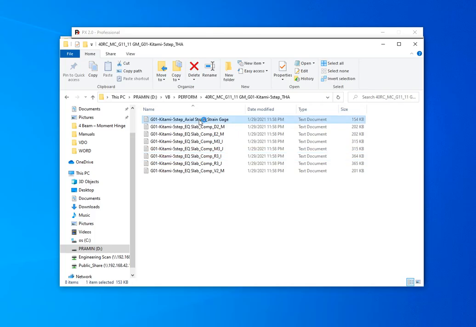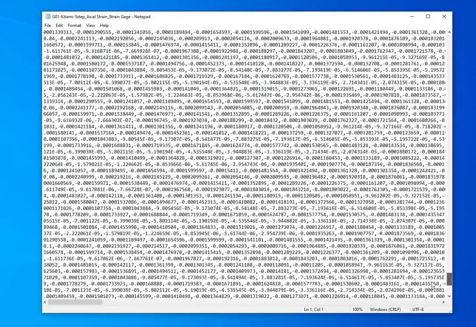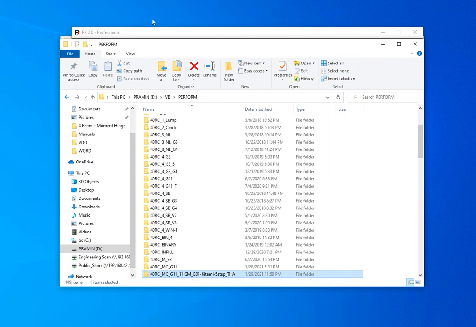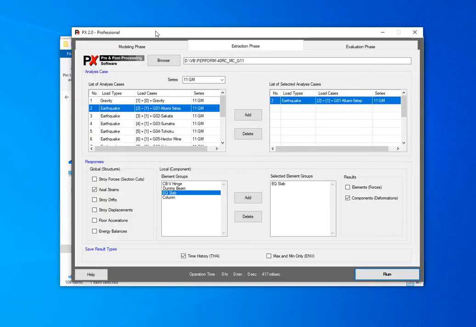This is the Excel strain result. And you can see, PX can also help you with faster extraction of the analysis results from Perform 3D in many types of results.